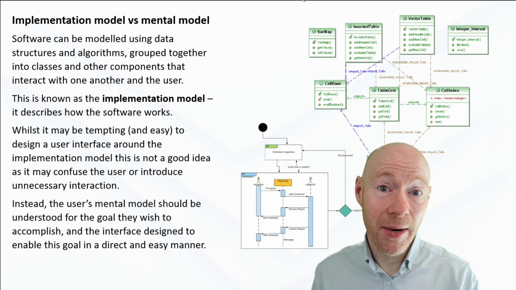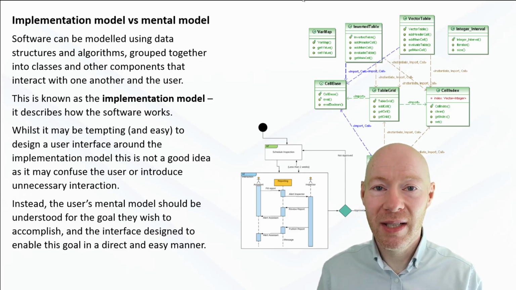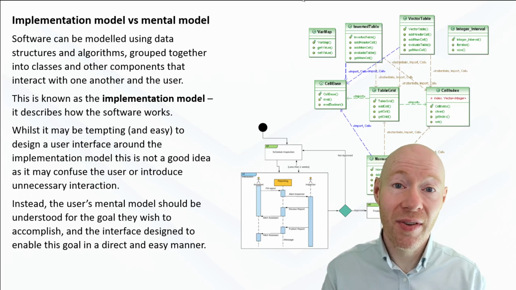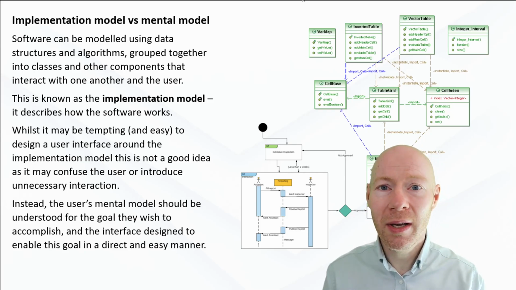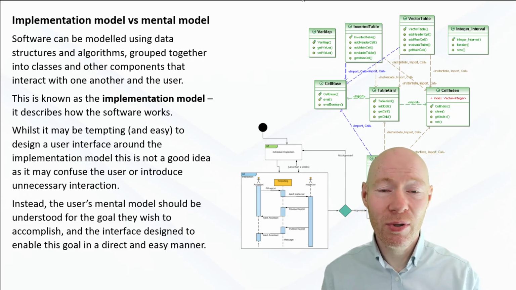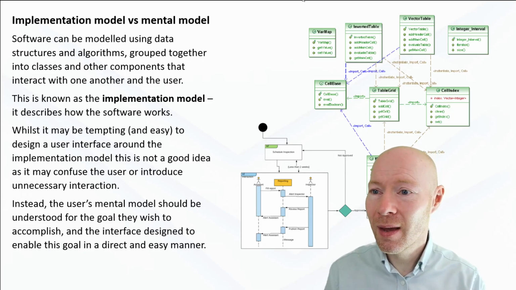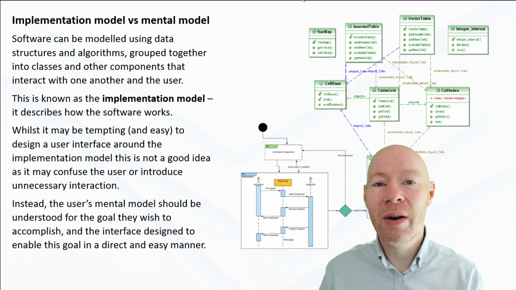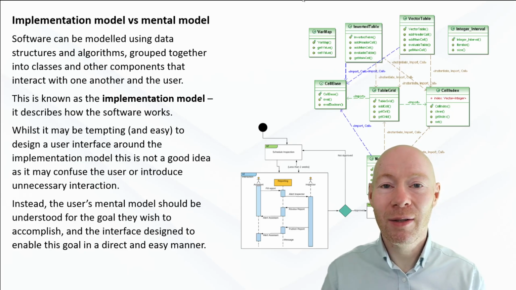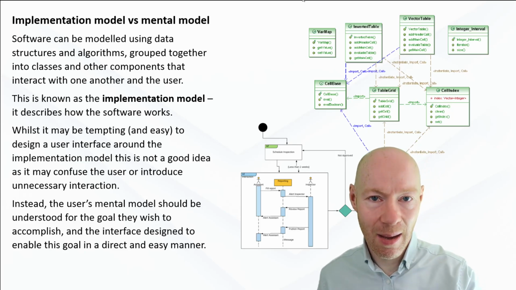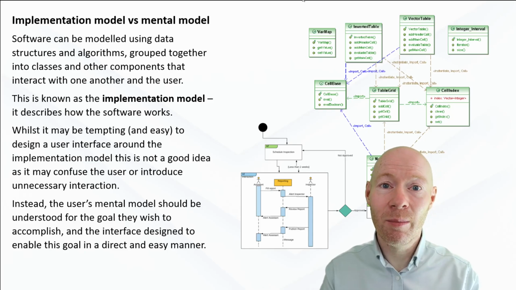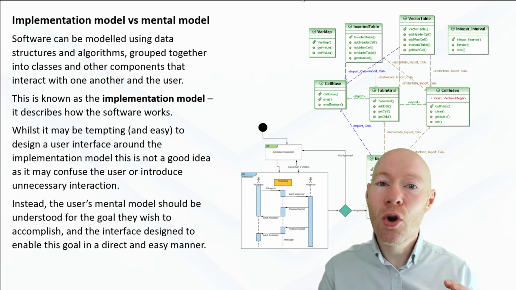There's a trap here that if you take the implementation model and you think, okay, that's going to form the basis on which I will create my interface with the user, that is completely wrong. It's suboptimal, it's dangerous, it's likely to end up potentially confusing the user, and it's approaching things from completely the wrong direction. It's really important that whenever we're thinking about interface design, our starting point is the user's mental model, how the user is likely to think about, to conceptualize, to view whatever type of task they want to do. That must be our starting point, and we have to build our interface around that, not the implementation